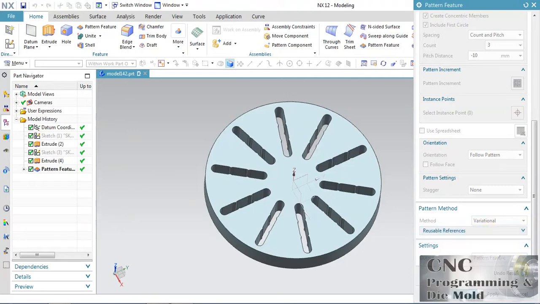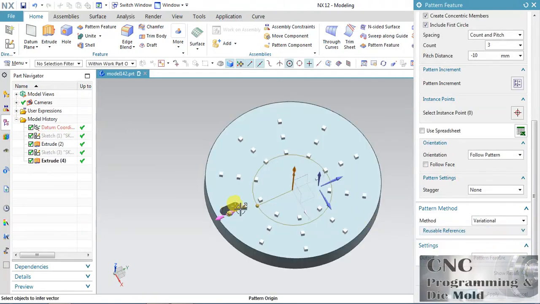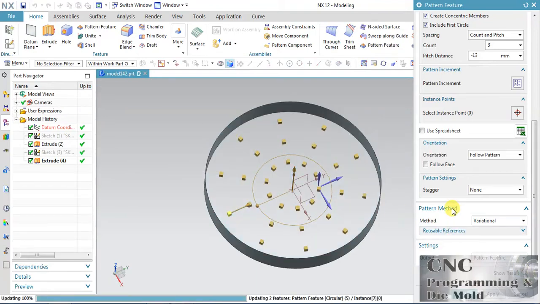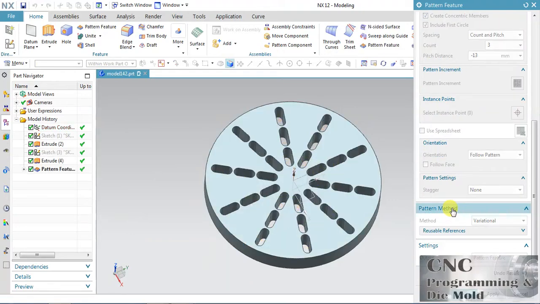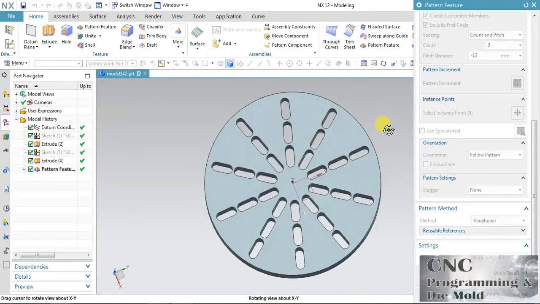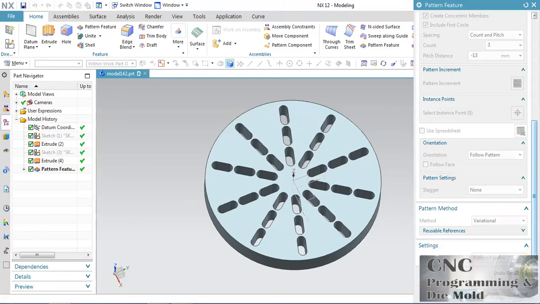The gap is a little bit low, so drag a little bit inside, maybe the result will come. Okay, so with the help of this gradient concentric member you can create your pattern inward or outward in a concentric manner.